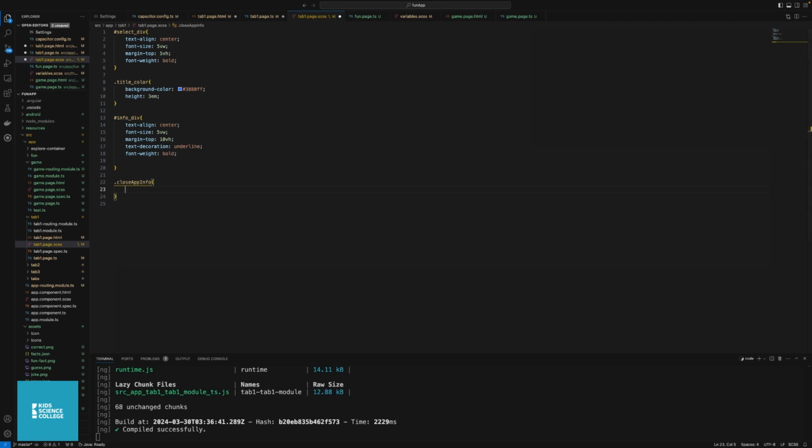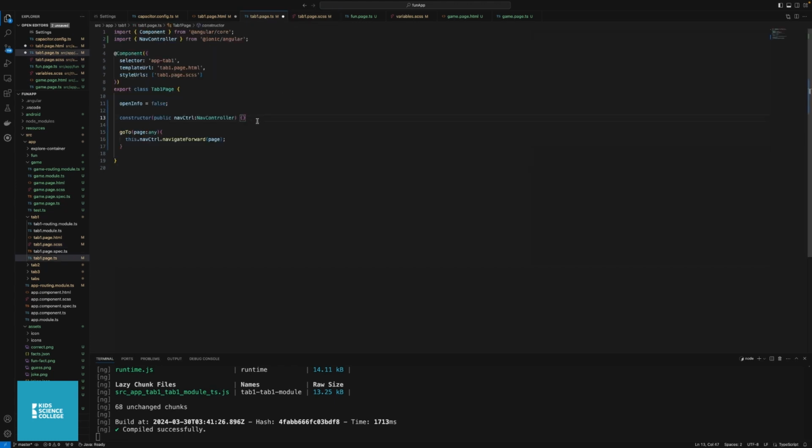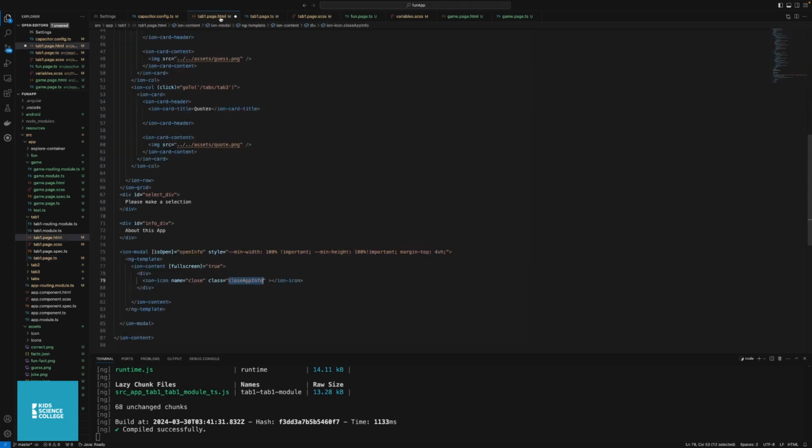So we're going to come in here. The CSS is somewhere. Let me get it. Close app info. So we're going to have this. This is how the app info is going to look. Let me be saving all of this. All right, so now at least we have some code. So let's just see if